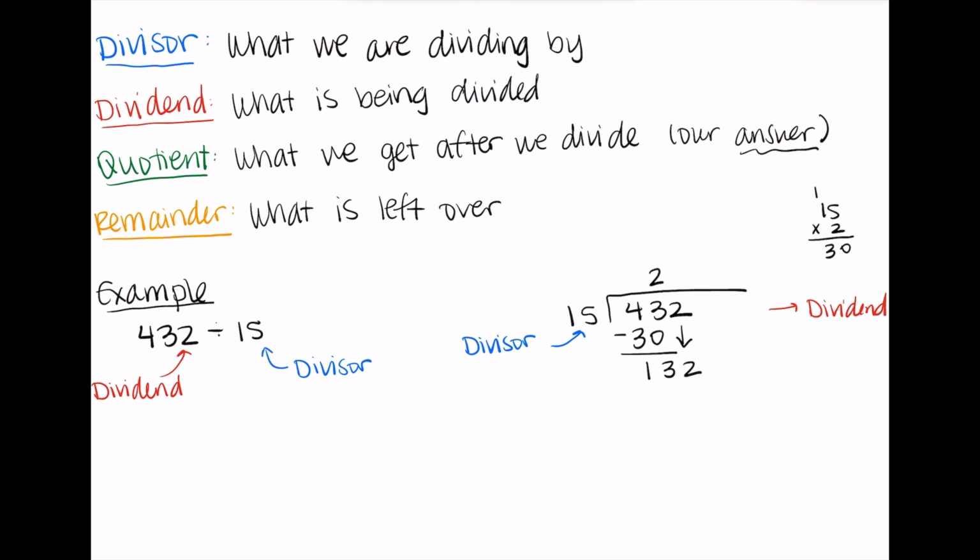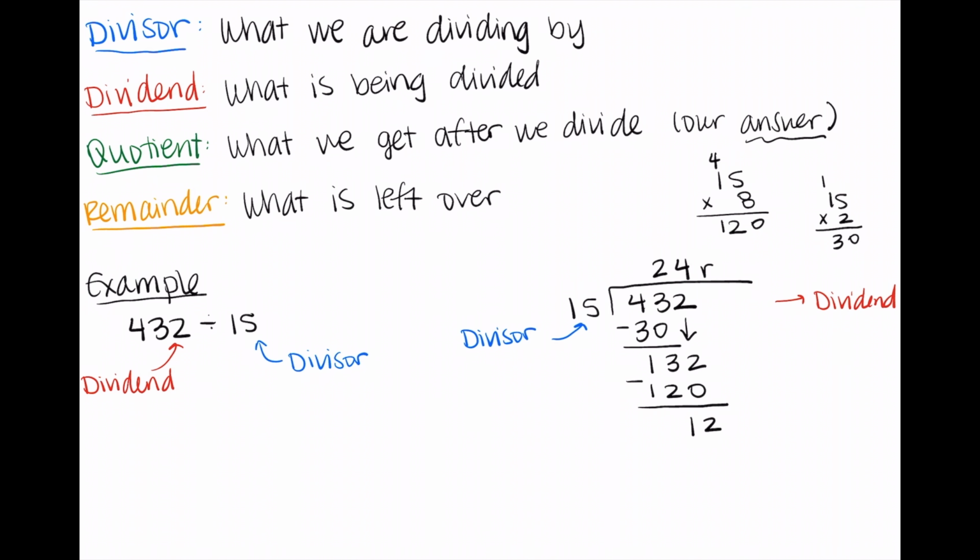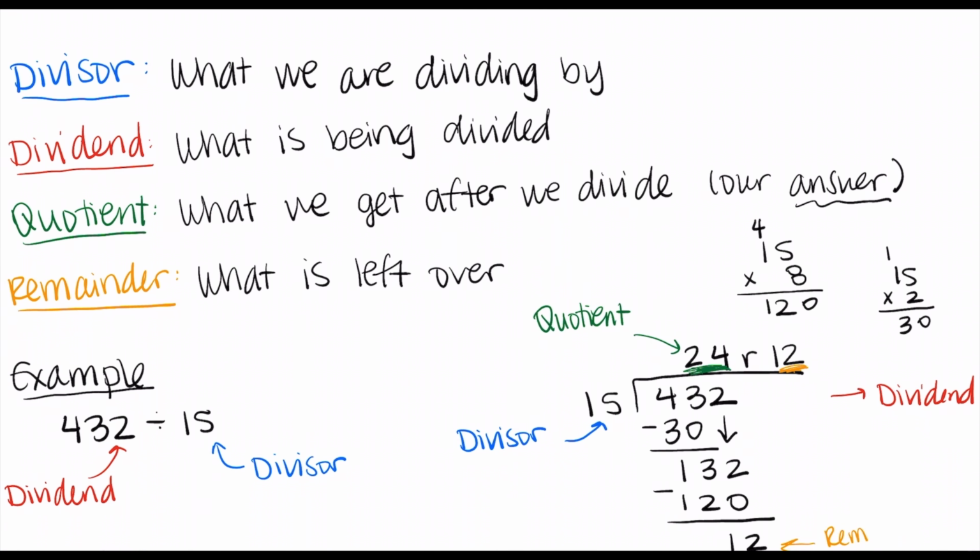We're going to see, okay, how many times does 15 go into 132? Now we know that this value would be less than 10, but greater than 5. So let's see what 15 times 8 gives us. 15 times 8 will give us 120, which is perfect. So we'll write our 8 up top. We know that 15 times 8 is 120. So when I do 132 minus 120, I get a remainder of 12. So the quotient would be our 24, and then our remainder of 12 would be labeled in that orange color